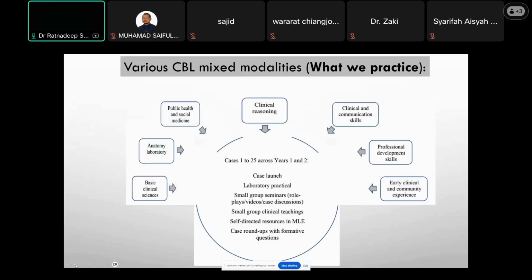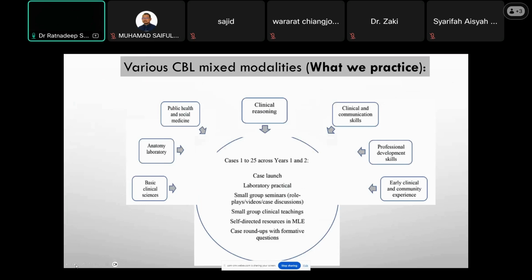Now, the core modules that we teach here, like basic sciences, anatomy, public health, social medicine, clinical and communication skills, professional developmental skills, these are all generally delivered by lectures, small group sessions, practicals, and MLE-based materials, so that we can ensure that learning issues are identified, along with some timetable elements like case launches, clinical reasoning, and case roundups, and early clinical and community experiences. So we hope that these acknowledge various learning issues of the students,